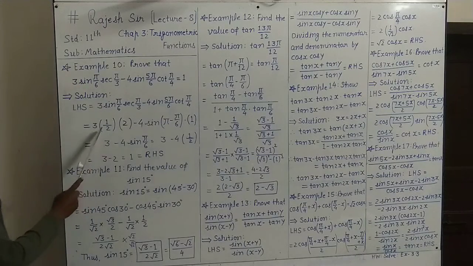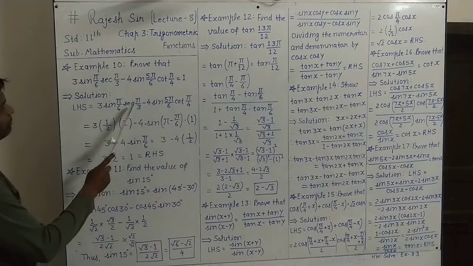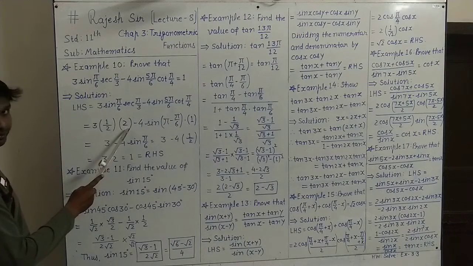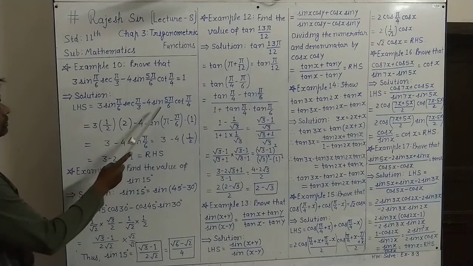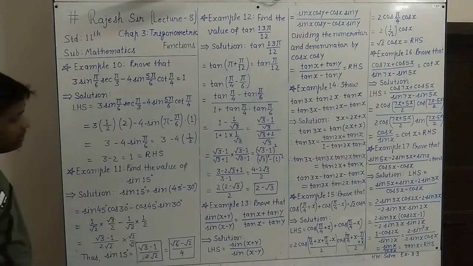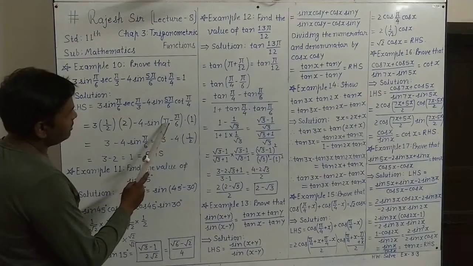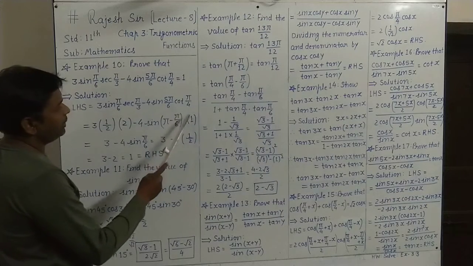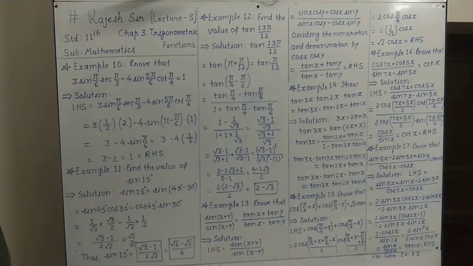You know 3 as 3 sin pi by 6. The value of sin pi by 6 is 1 by 2 from the trigo table. Similarly sec pi by 3 is 2, minus 4 as 4. This sin 5 pi by 6 can be written as sin of pi minus pi by 6. Pi minus pi by 6, 6 ones are 6, 6 pi minus pi, 5 pi by 6 can be written this way. Into cot pi by 4 is 1. Right? Now here, up and down 2 cancel.